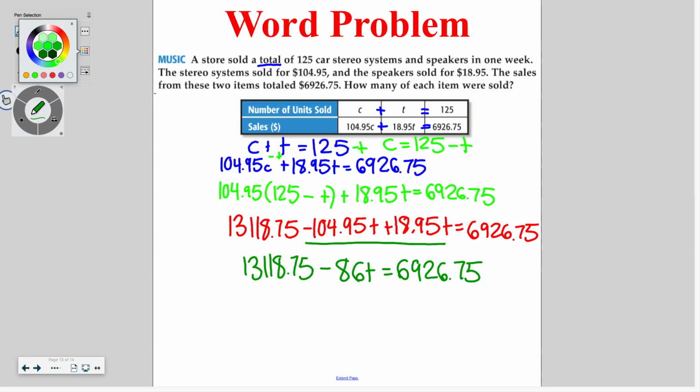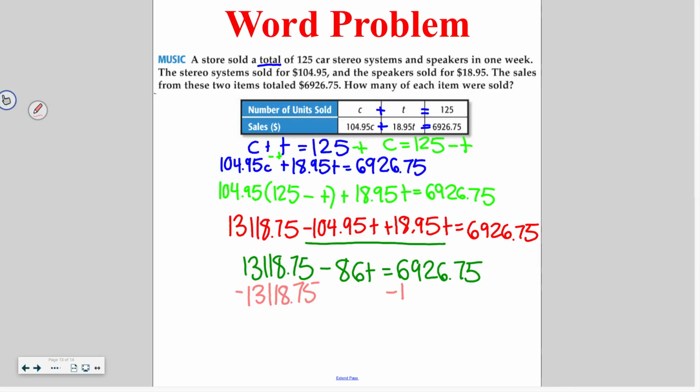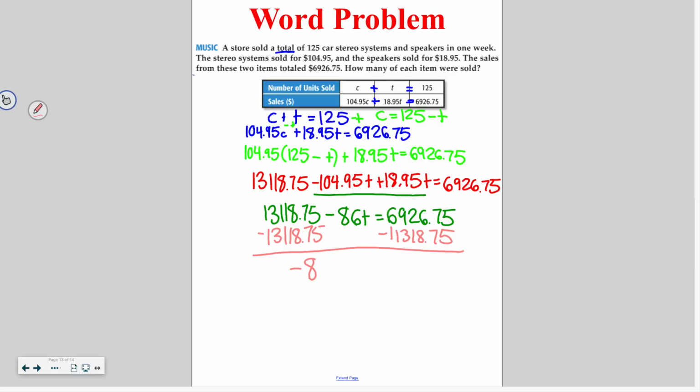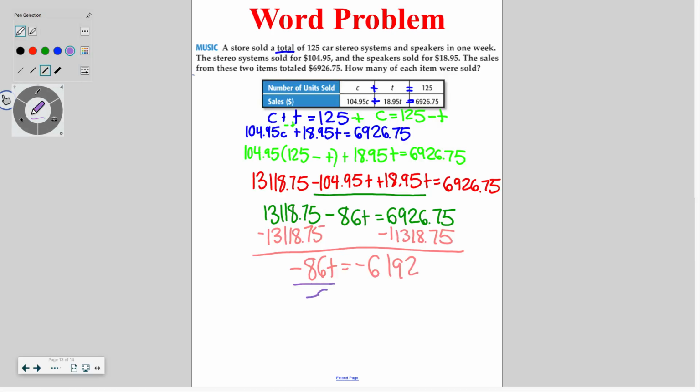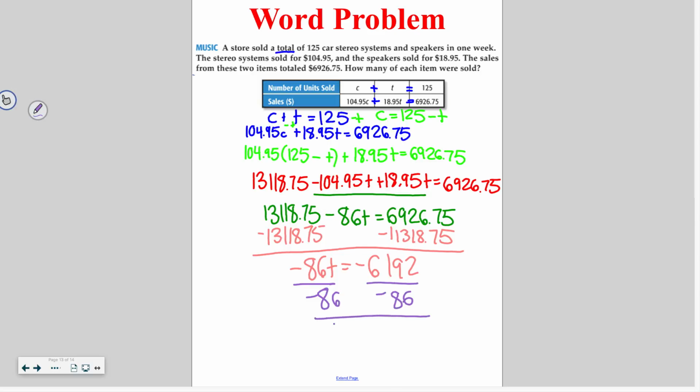Then I'm going to go ahead and subtract the 13,118.75 from both sides, which is going to give me negative 86t is equal to negative 6,192. I'm going to go ahead and divide both of those by negative 86. And I get an answer of t is equal to 72, which means that we have 72